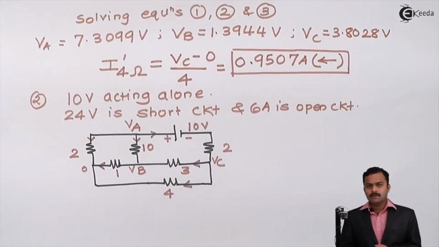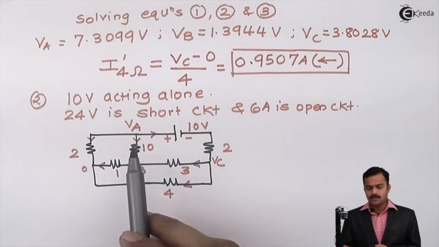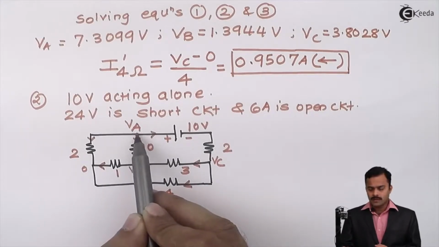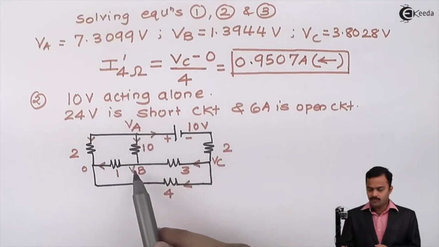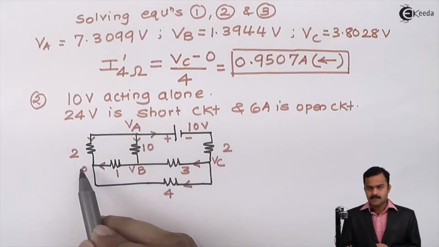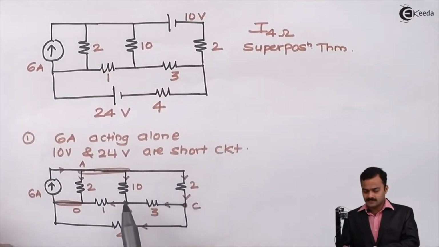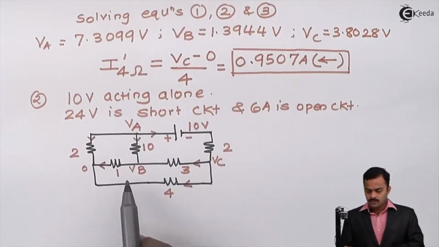Now I will take advantage of the previous case. How? Here also, if you see, all the resistances and nodes will remain intact. So what I will do, I will name them the same as the previous case, meaning this is node A, node B, node C with potential VA, VB, VC, and this is the reference, and all the branch currents I will consider the same as the first case. So I will get this diagram. I will tell you what is the advantage of this shortly.